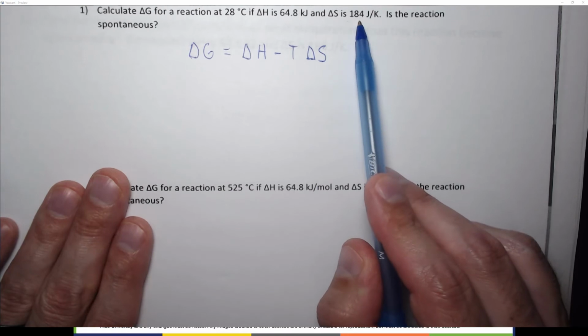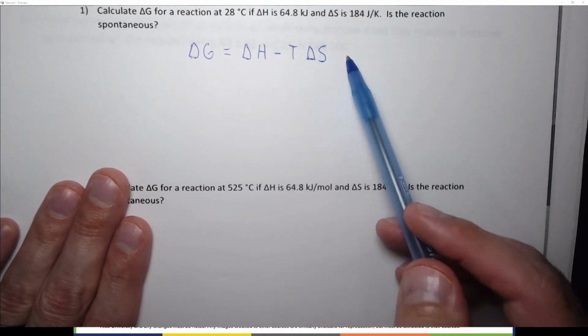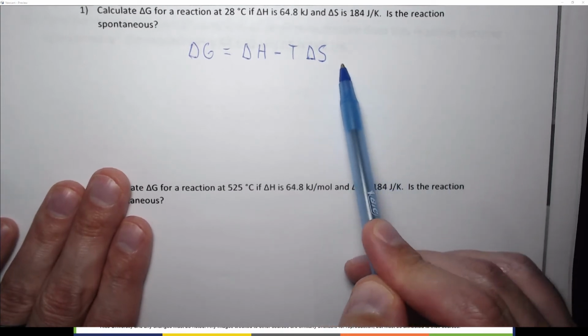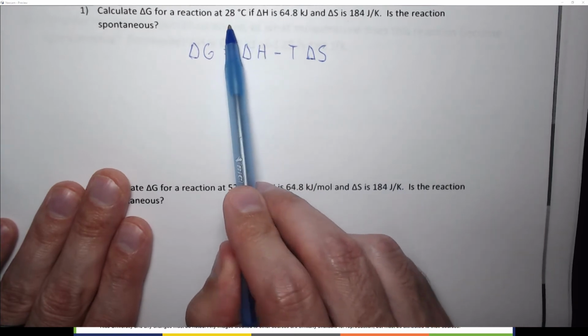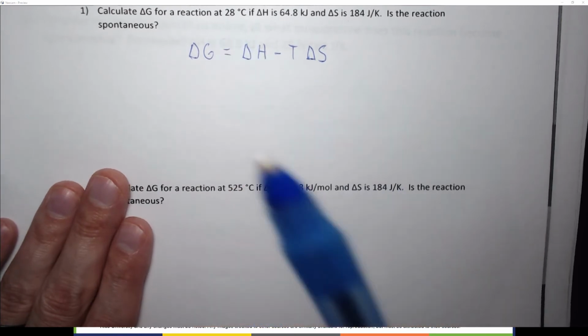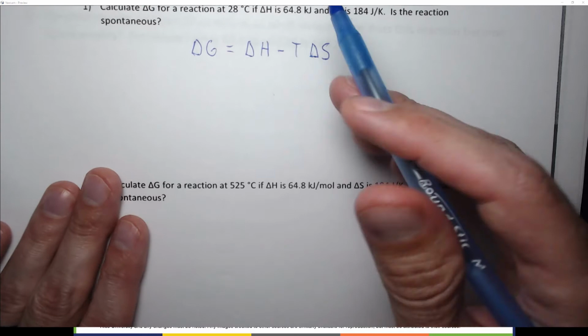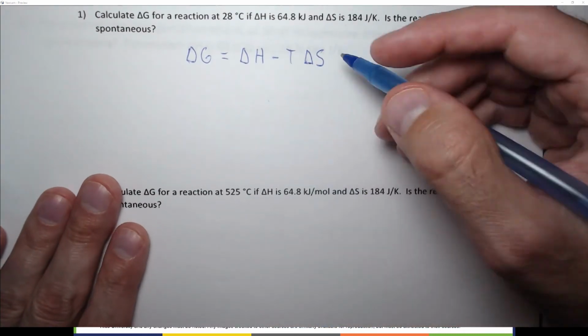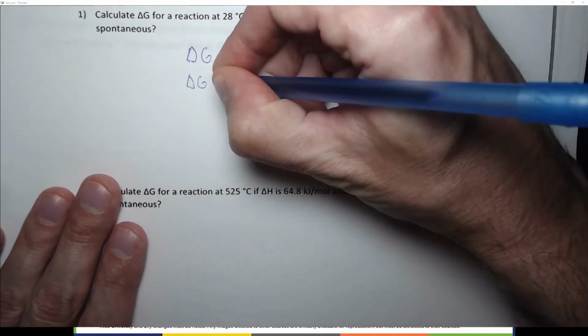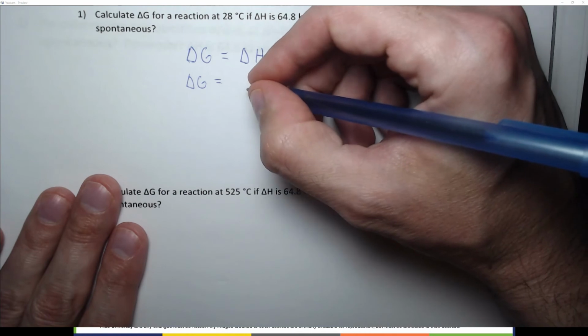What we can say is this should be spontaneous at high temperatures. The question becomes, is 28 degrees C a high enough high temperature? And unfortunately, there's no way to know without doing the math. All right, so delta G equals delta H, which is